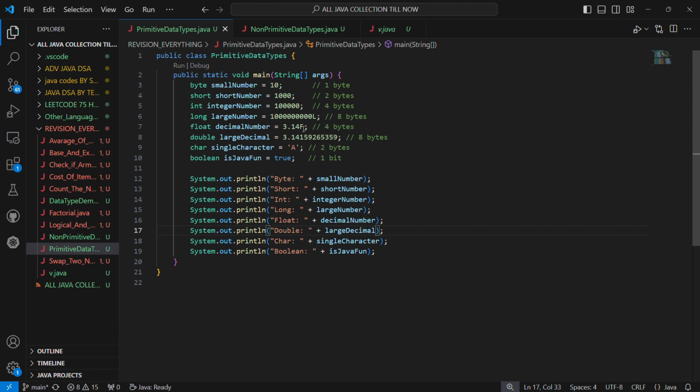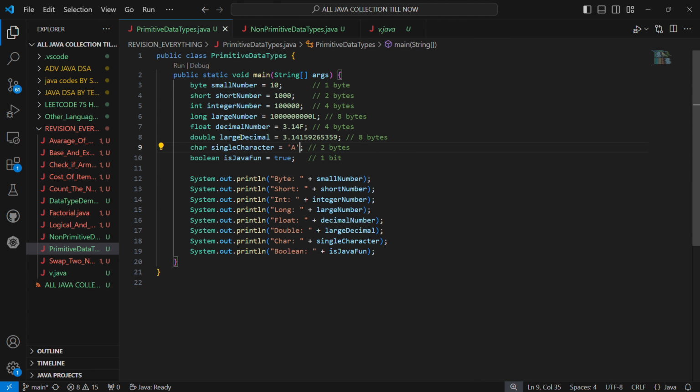In Java there are 8 primitive data types. These data types are used to store values like numbers, characters and true or false conditions. In the code we initialize a variable for each data type. For instance, byte takes 1 byte. It is used to store small numbers, and in float we can store decimal values like 3.14, 3.24, 10.15,